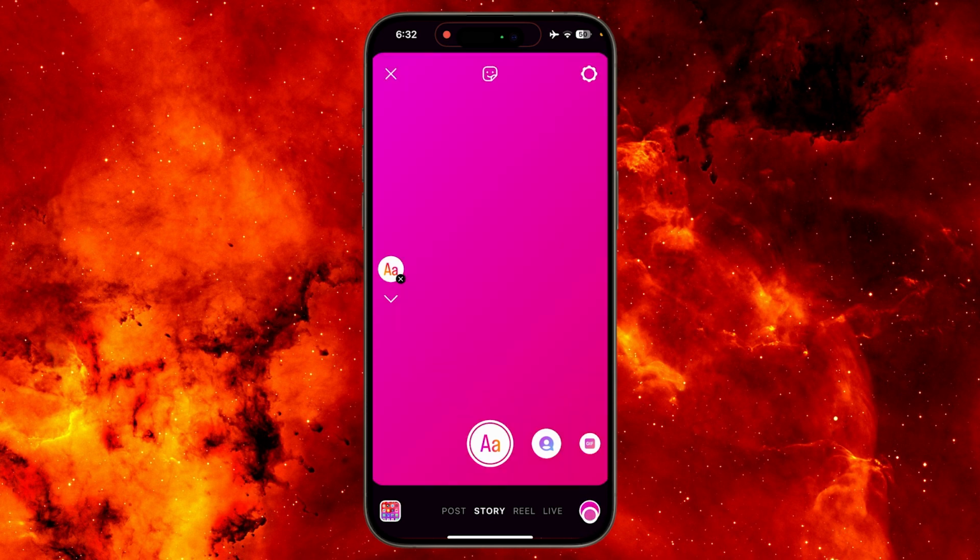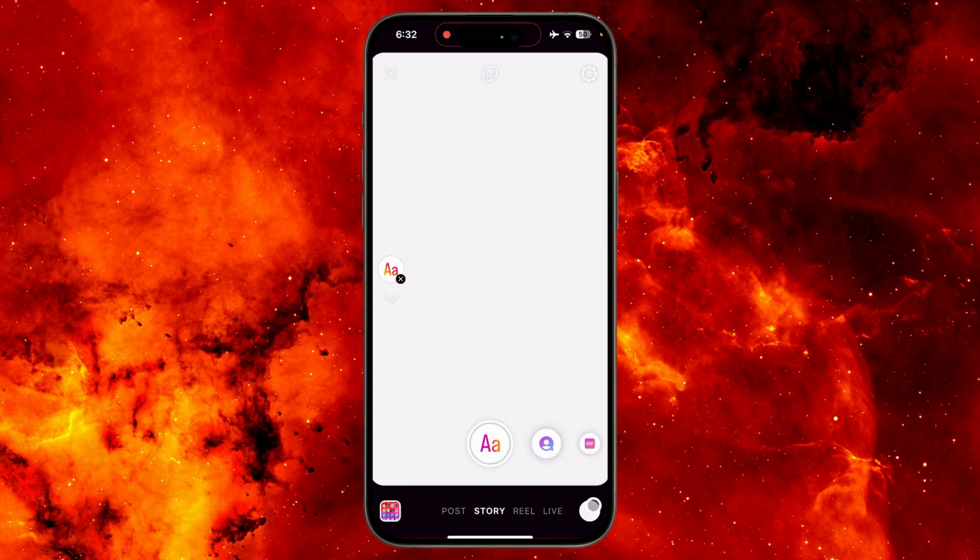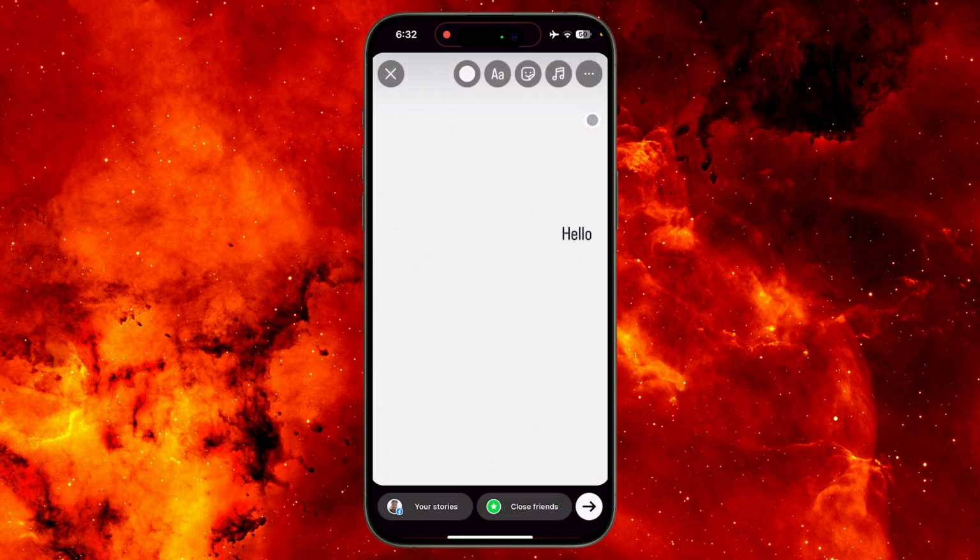So for that we need to tap this option. So we need to tap multiple times until the white background occurs. So as you can see, this is a white background. Now you can type anything and adjust it according to your needs, and then next. And now you can share this to your story. So yeah, that's how you put a white